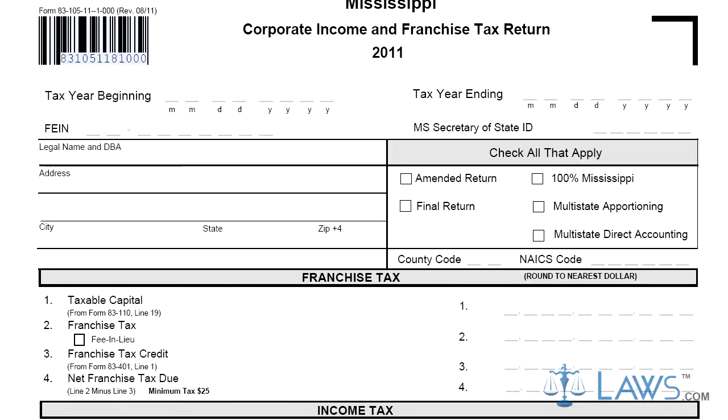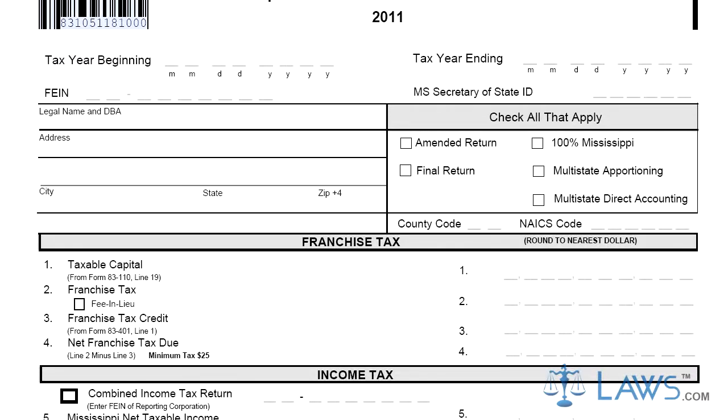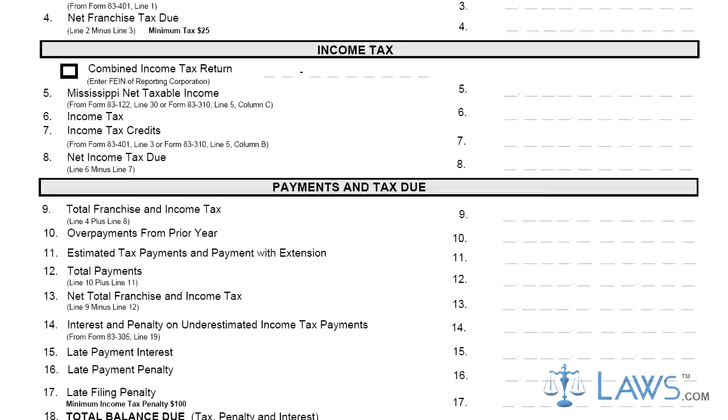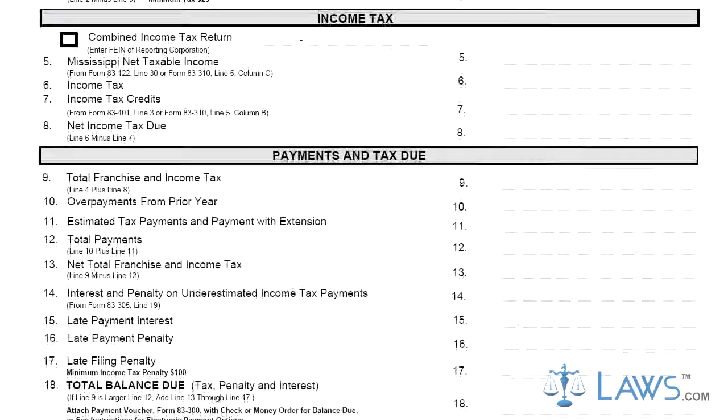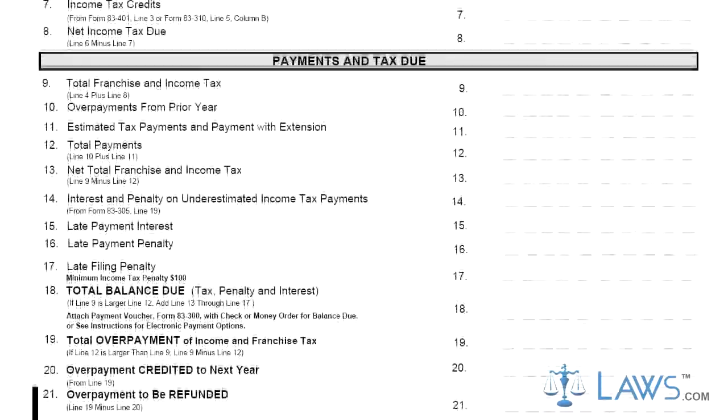Step 1. If you are not filing on a calendar year basis, enter the beginning and ending dates of your tax year. Step 2. Enter your Federal Employer Identification Number and your Mississippi Secretary of State Identification Number. Step 3. Enter your legal name and your trade DBA name and your address, as well as your county and